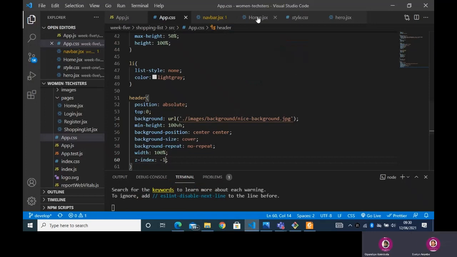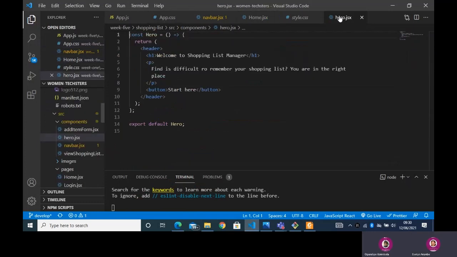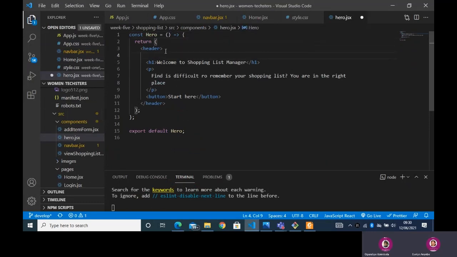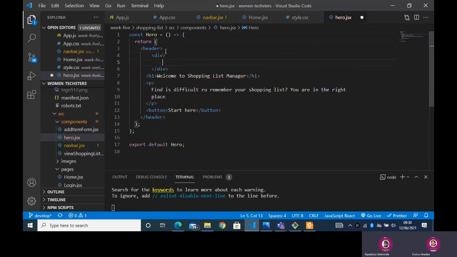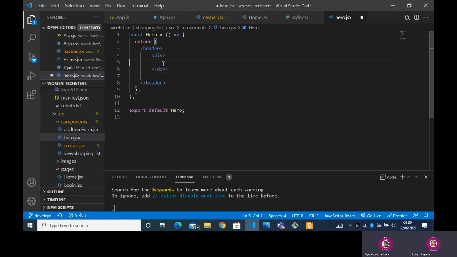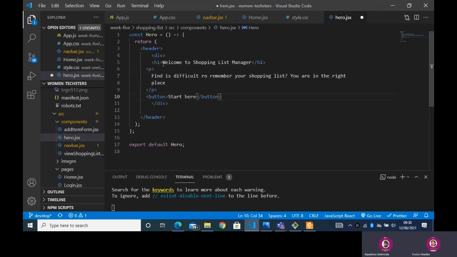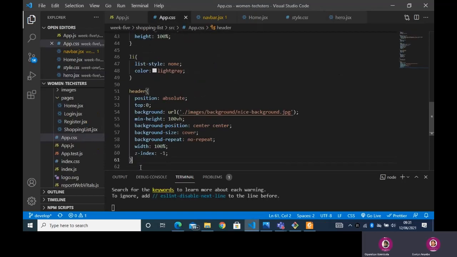Okay, let's look at header. What do we need to do to push those things down? Let's put all of this inside a div, right? So that we use the div to push them down, right? Yeah. If we do this, header has the same dash content. So we come to header and we say